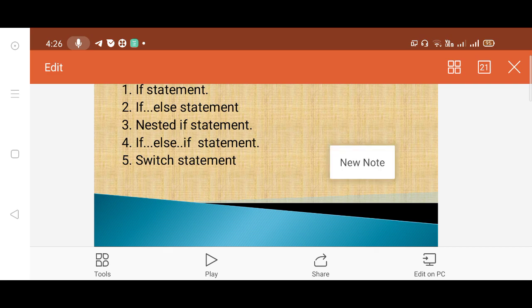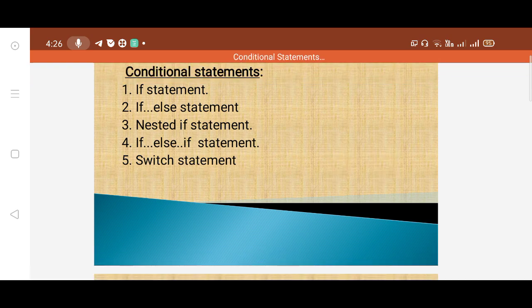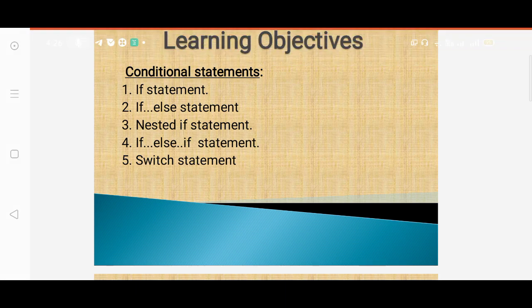The conditional statements are: the if statement, if else statement, nested if statement, if else if statement, and switch statement.